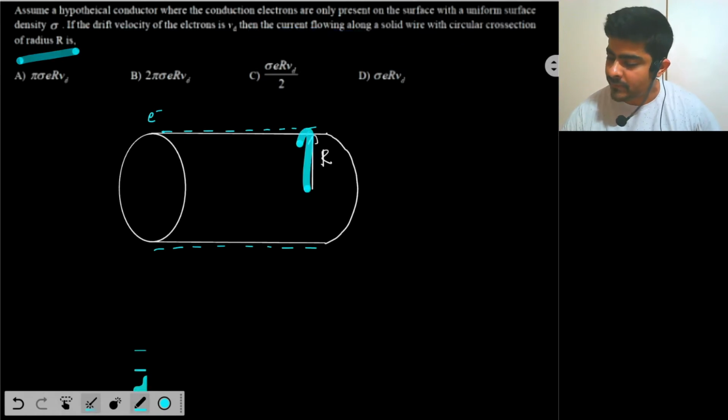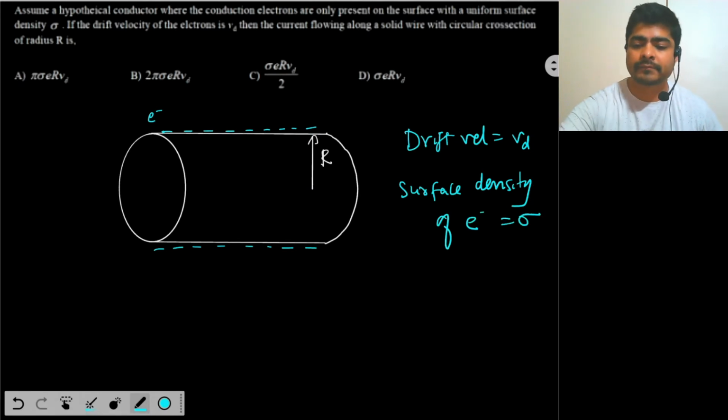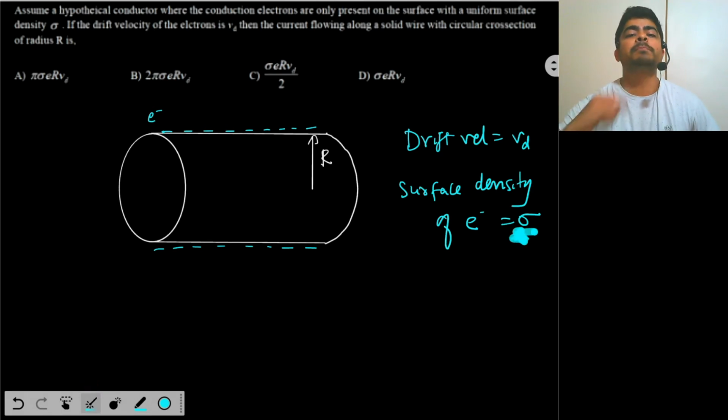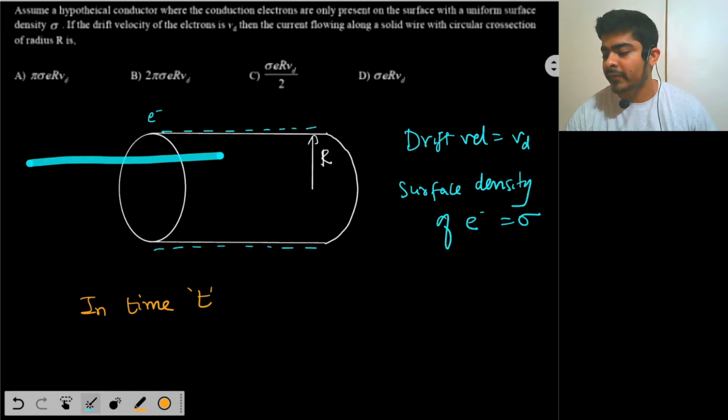Radius r is given, okay. So drift velocity is Vd, and surface density of electrons is sigma. So surface density of electrons means what? Number of electrons per unit area. Now in time t, current is flowing along the surface